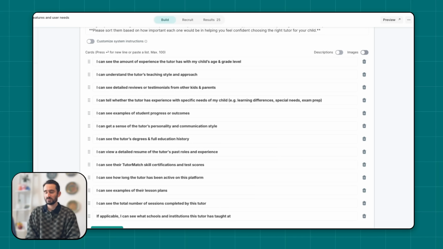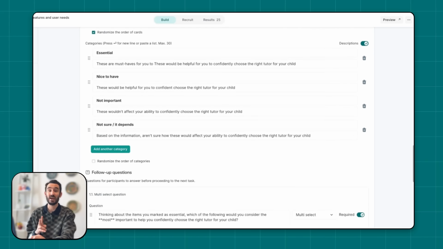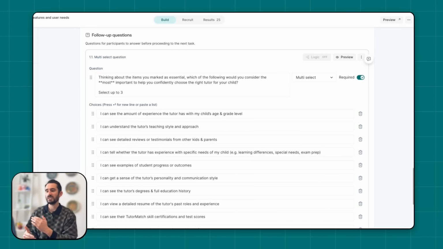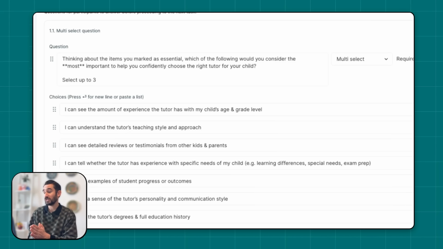So we said the card sort is the main event of this study, but we've got two very important follow-up questions after. And the goal with these is to drill even deeper into the top needs and priorities that parents have when looking for a tutor to hire. So the first follow-up question asks participants to select up to their top 3 most essential features or capabilities from